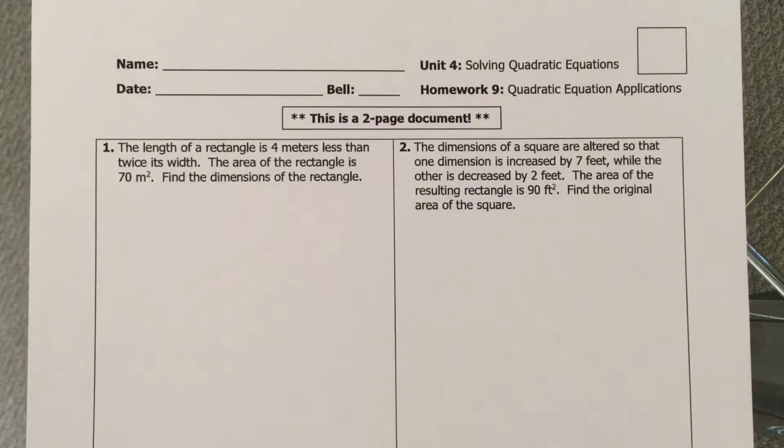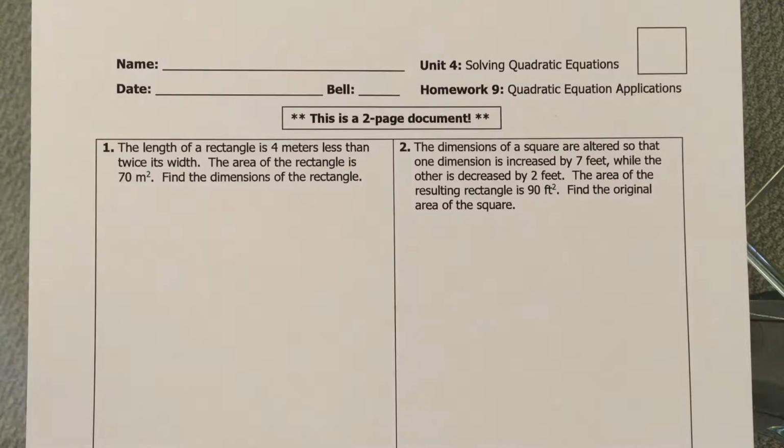Homework 9 is quadratic equation application. So this is a lot of geometry stuff, a lot of background knowledge with different area formulas, different things about triangles, perimeter, different things like that. So this first one, number 1, this says the length of a rectangle is 4 meters less than twice its